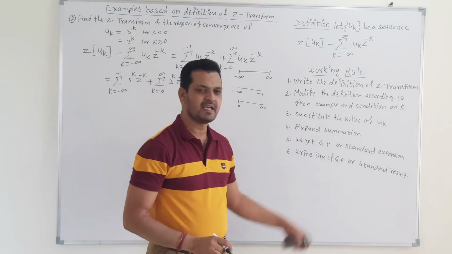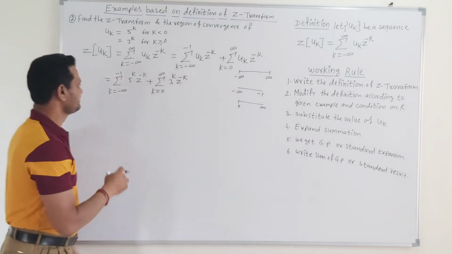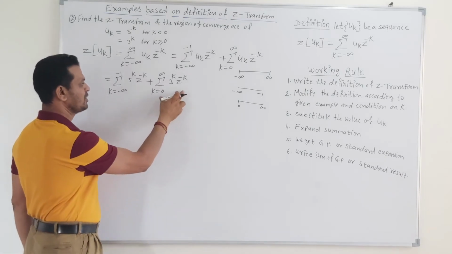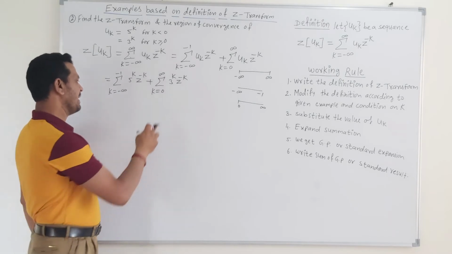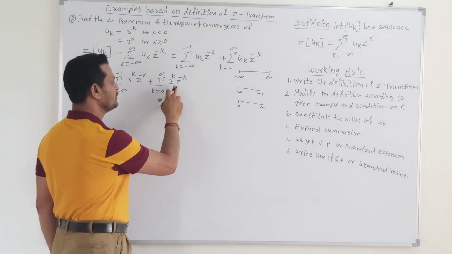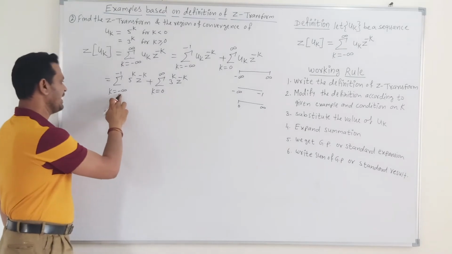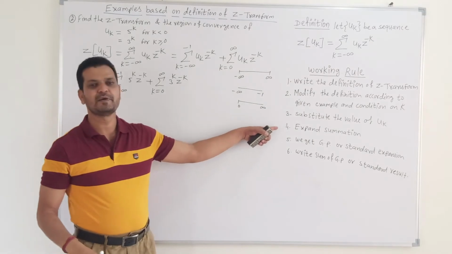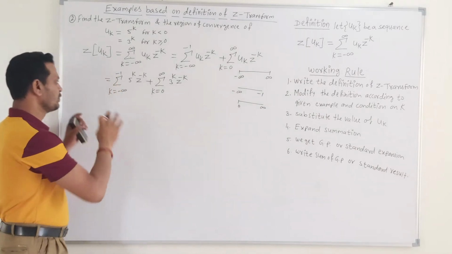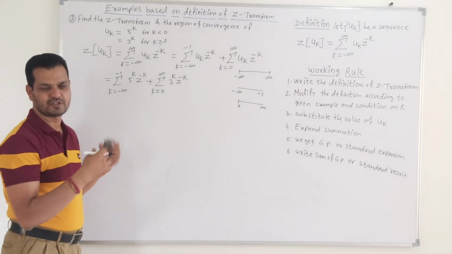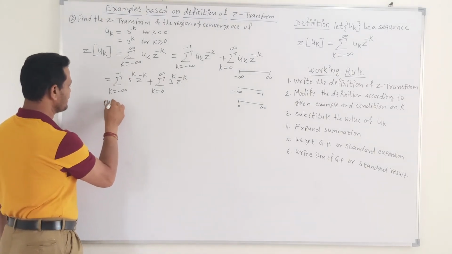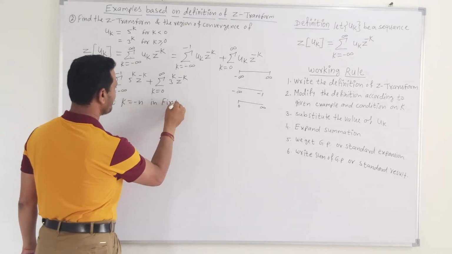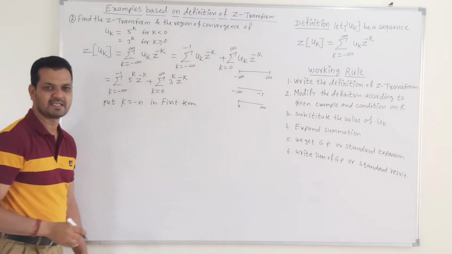Now friends, our next aim is to expand this summation sign. If we observe the first summation and second summation carefully, then it is possible for us to expand this second summation by putting k is equal to 0, 1, 2, 3, 4 and so on. But here the value of k starts from minus infinity, which is somehow difficult for getting the expansion of this summation sign. So to get the standard result for expansion of this summation, again a standard substitution is put: k is equal to minus n in the first term.